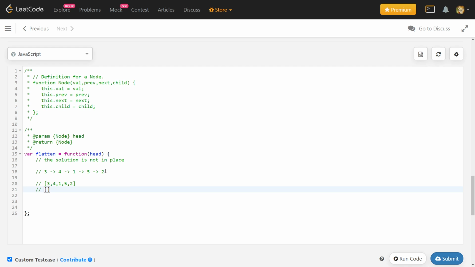Suppose the problem was to reverse this linked list. Now you can very easily reverse this array. It will look something like this: 2, 5, 1, 4, 3, and from these nodes you can again create a list, which will actually be 2, 5, and so on. You just have to create new pointers now, the next pointers you will have to populate.